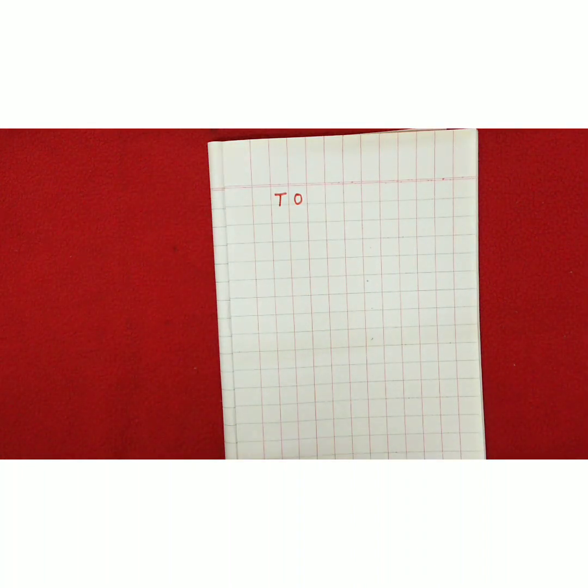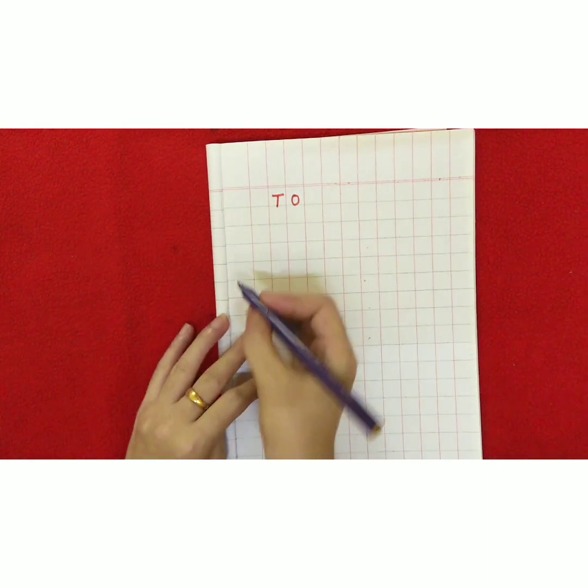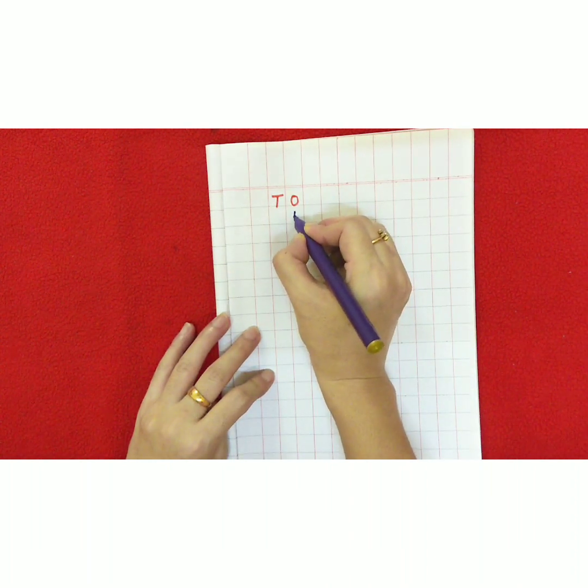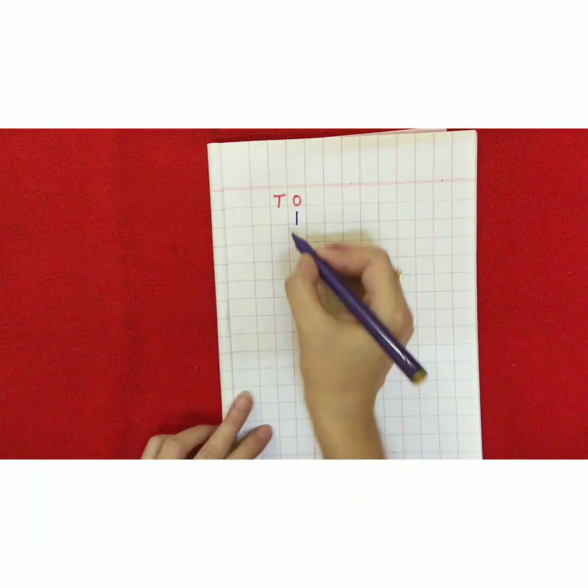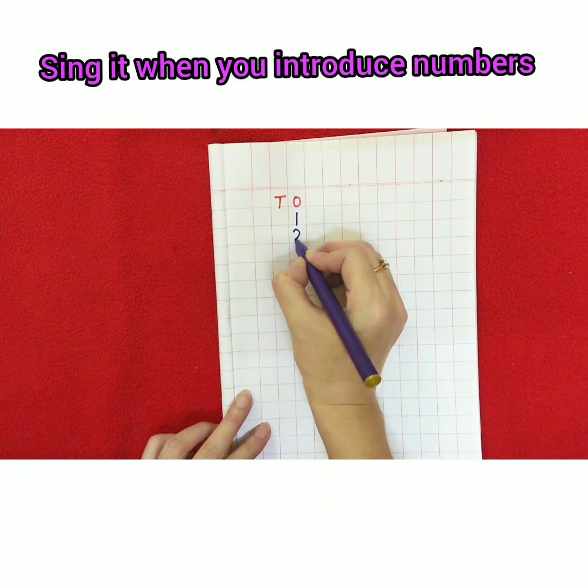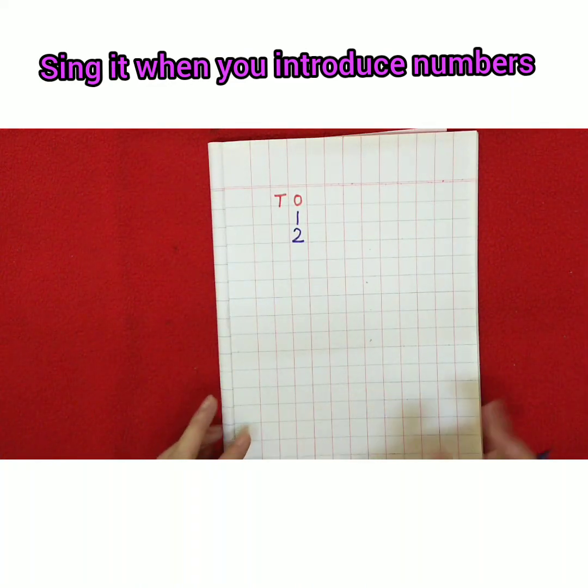Now the children, they love to sing, they love rhymes. So when you are introducing for the first time, sing it. I have made up a song which you can also try, for numbers, orally. You can make this for oral activities. For example, say: standing line, 1. Peekaboo, it's number 2. You can do it with action also.